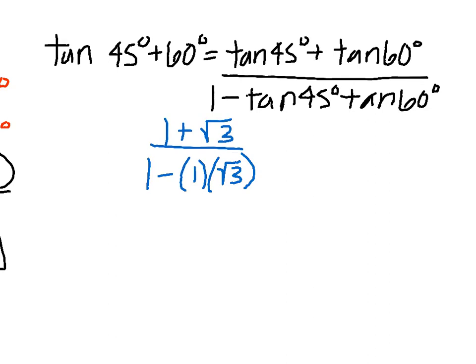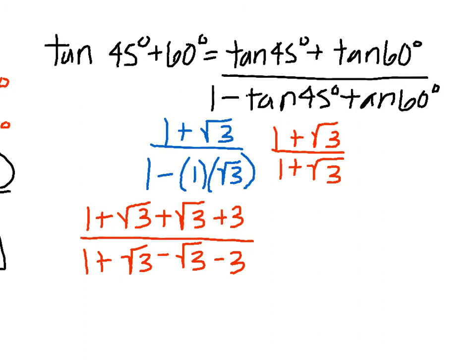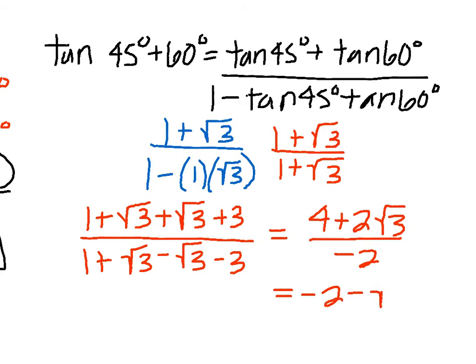multiply by the conjugate. Remember, the conjugate means that we have the same two terms, just the sign in between is different. So I'm multiplying by 1 plus root 3 over 1 plus root 3, and I'm going to FOIL this out. So once I FOIL that out, I can add my like terms together, so I get 4 plus 2 radical 3 in the numerator, and in the denominator I just get negative 2. So when I simplify, I get negative 2 minus radical 3, which is the exact same answer we got using